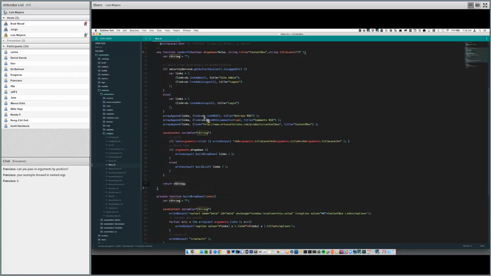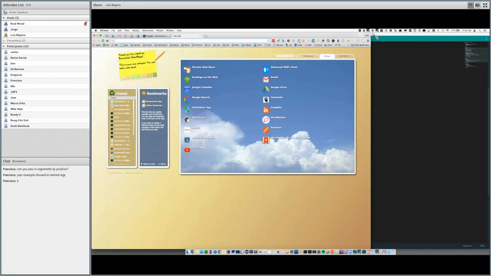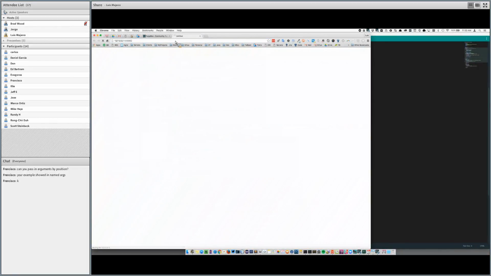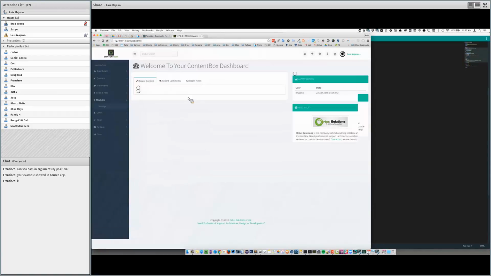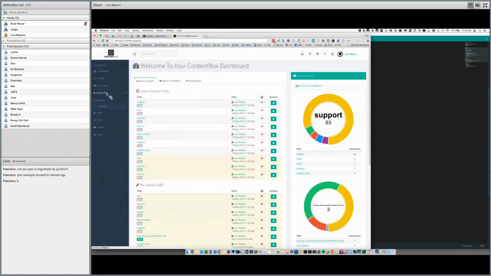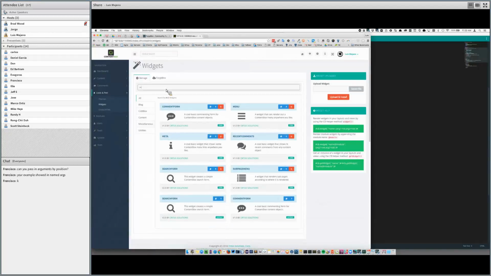So here's my render it function. You can see here that I have a few arguments. I've documented the arguments, and basically if you are logged in, I talk to the security service and I say, give me the author session right now. If they're logged in, then I create a link called site admin and logout. If not, I just create a link called login.